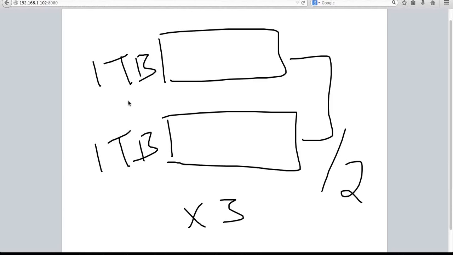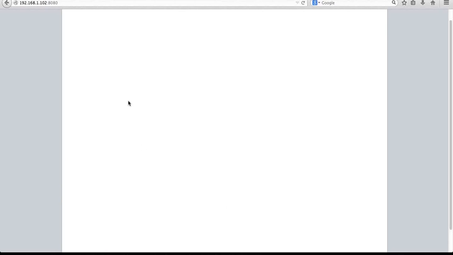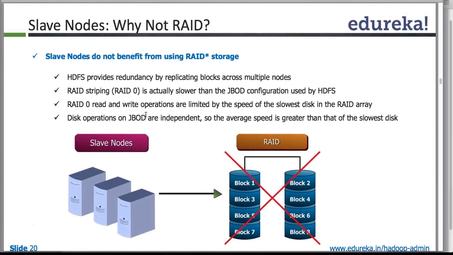So total space is now divided by 6. So if I buy a hard drive of 2 terabytes, or let's say 2 hard drives of 1 terabyte each put into a RAID, my total available usable space will be divided by 6 in Hadoop. So I will not do that. Right? Second, in a RAID,